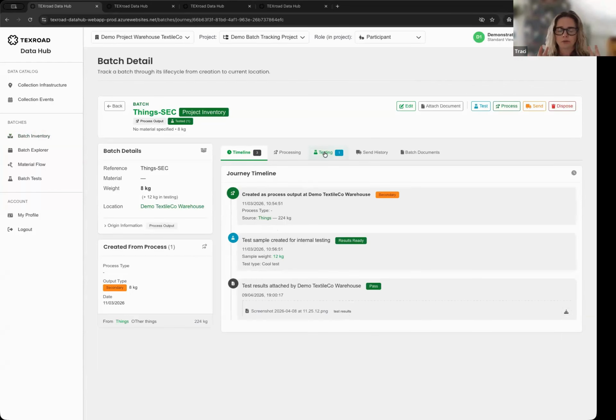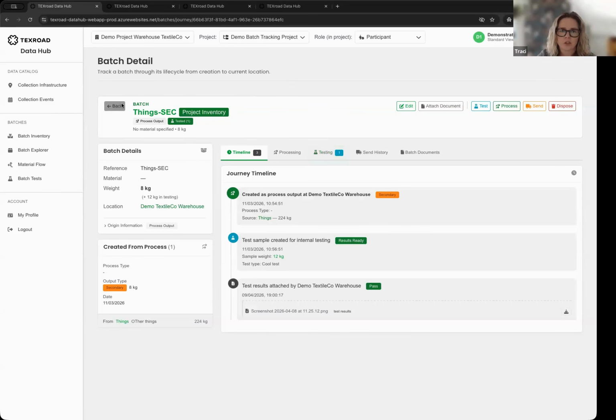Georgia talked a little bit about keeping your information secure. One of those things is controlling how much of the information about your processes and materials other partners see. That can be set in any way that the project needs it to be set. Here, the default is that you can see everything related to the processes and the materials that you have. When you send it on to the next stakeholder down the line, they get access to that information, but it doesn't keep passing down and down if that's not already set up in permissions. So it's very controllable who sees what for which purposes. That's all built into the software.